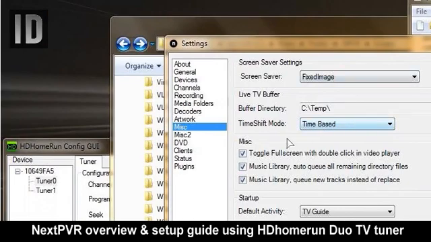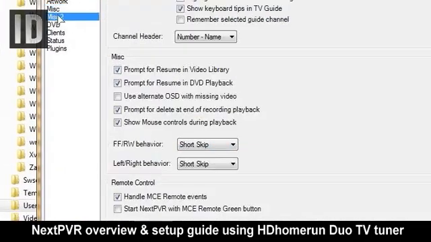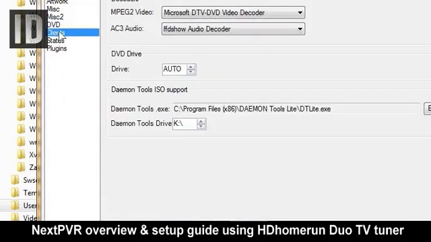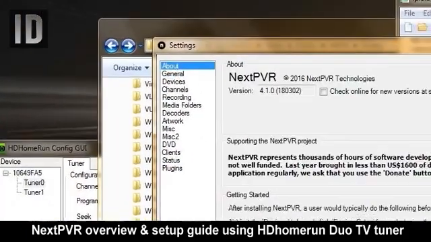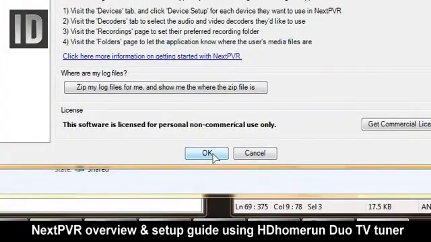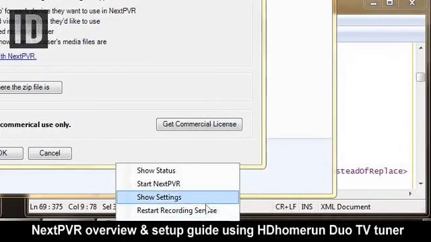Miscellaneous, just set these however, and that's it for the settings. The XML, I should go into the